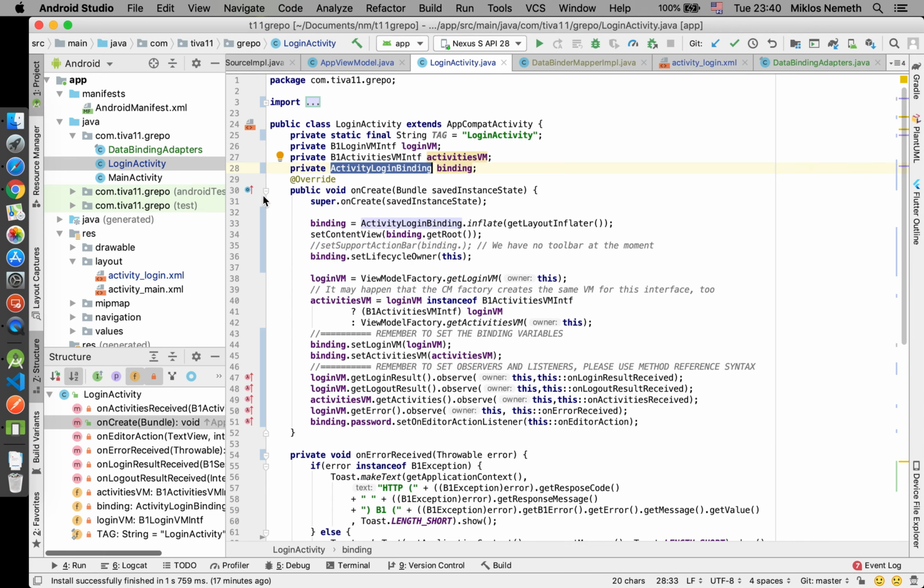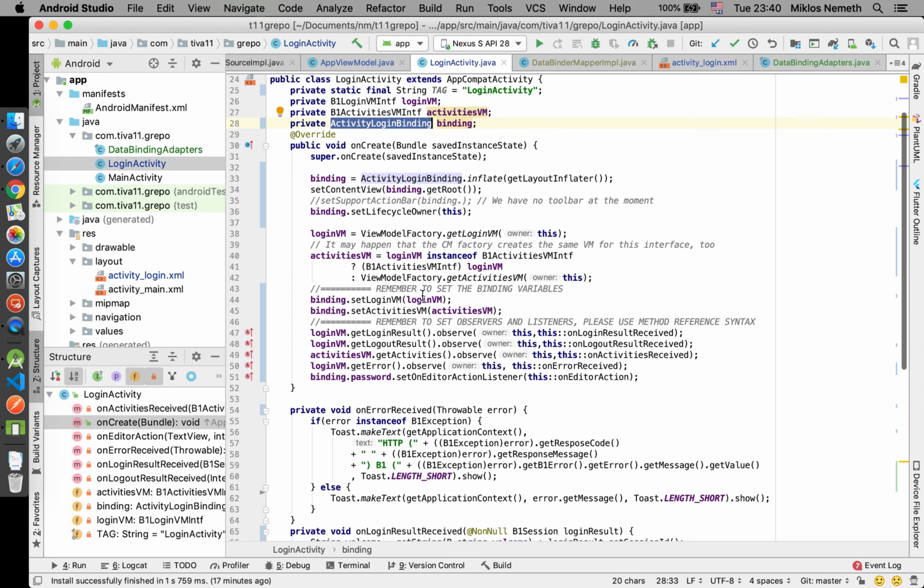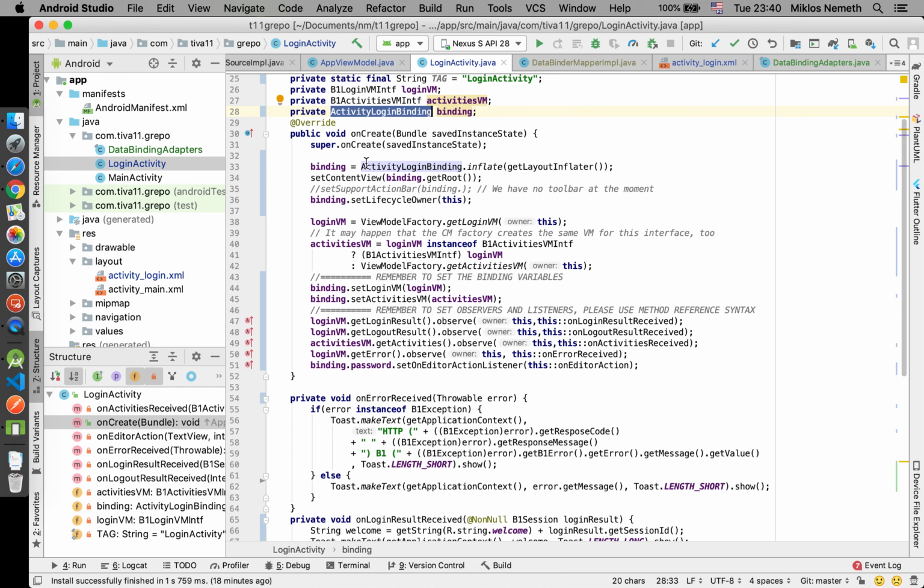So coming back to our login activity, this was the activity login binding, so it is automatically loaded. Here is the initialization of an activity, very similar to the fragment. We just inflate, and then we call set content view of the activity from the binding get root,